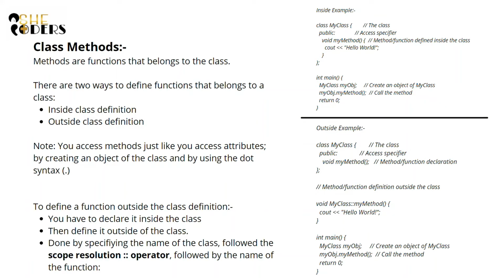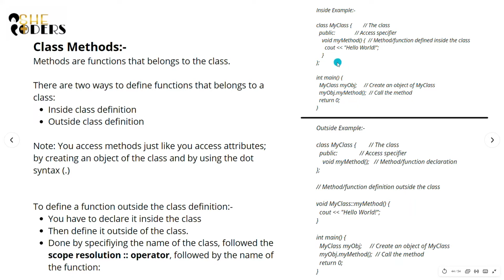Okay, so that's me on my way to inheriting my dad's property, and those are the paperwork. So next we'll learn about class methods. Class methods are nothing but the functions that belong to the class. So here, for example, I have declared a function, my method, under the public access specifier, and here I can have access outside the class. Any object can have access to this function.